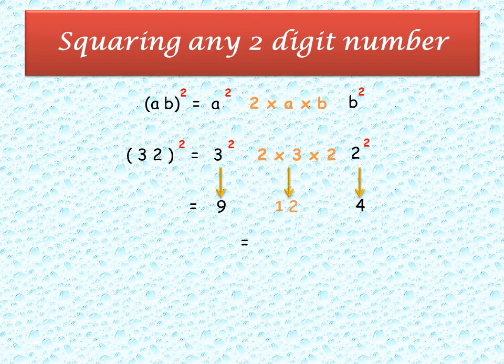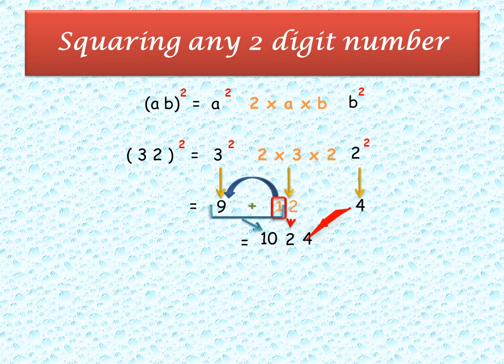So while we are simplifying, we have to start from the right towards the left, right? So we will write down 4 in the units place, and 12 is a 2-digit number. So first we will write 2 below, because 2 is in the ones place, we will write it as it is, and 1 in 12 is carried forward to 9, and we will add 9 plus 1 to make it 10, and we will write down that 10 below. So our desired answer for 32 square is 1024.